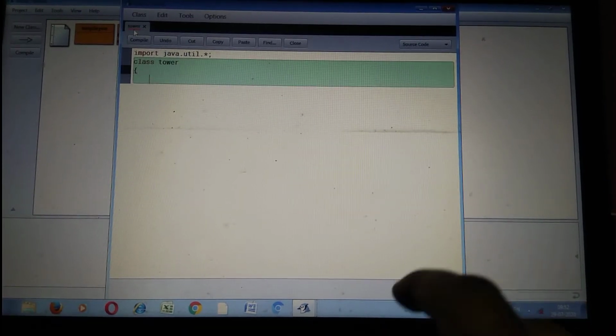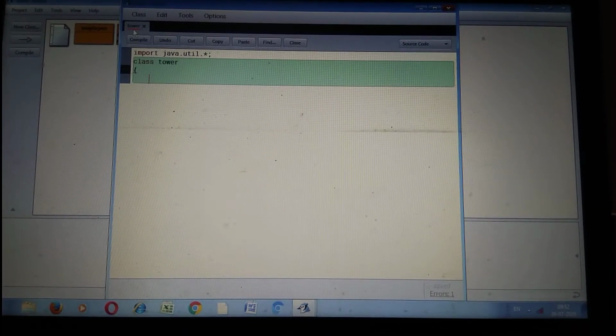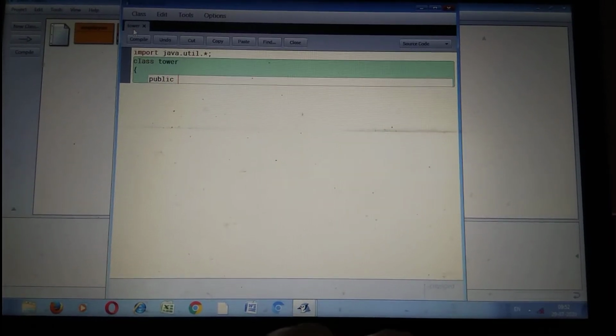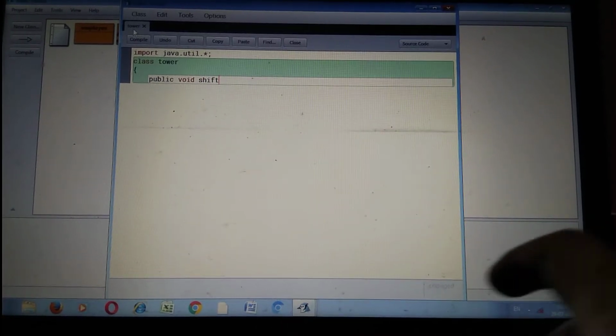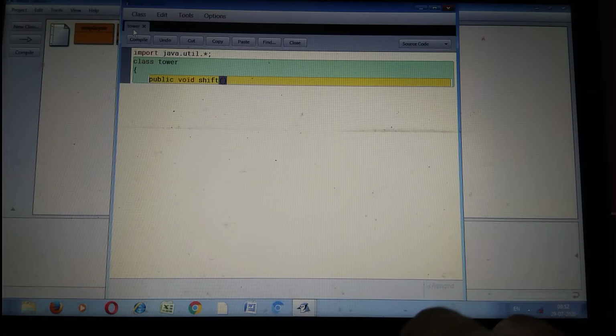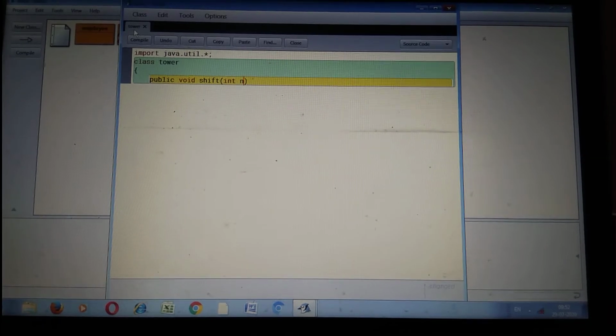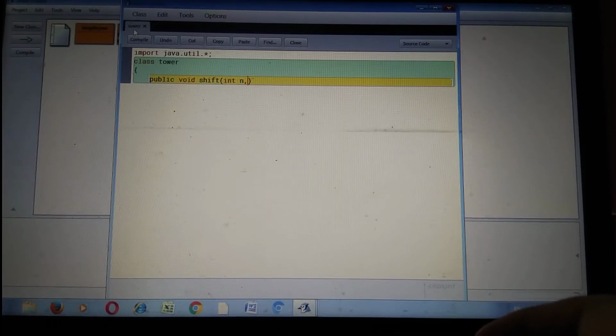After creating the class, create a method. The method is public void shift. In this method, we are passing parameters. The first parameter is int type, int n. Int n is the number of disks. Okay. Next, in Tower of Hanoi there are 3 poles.